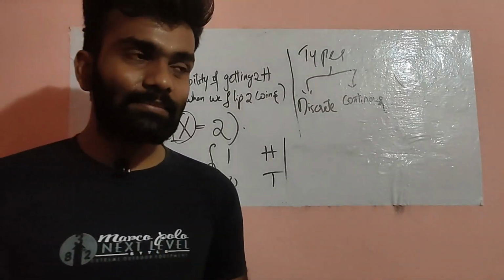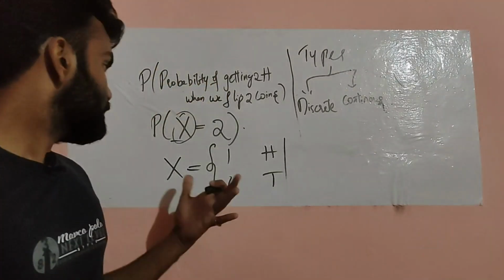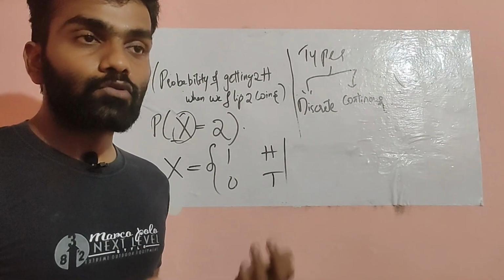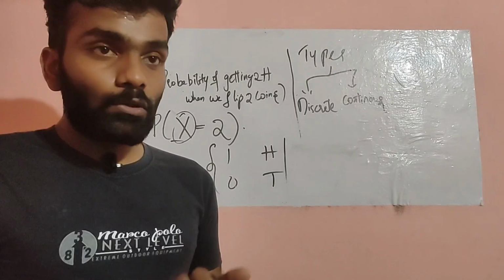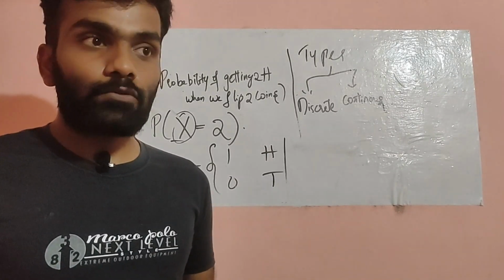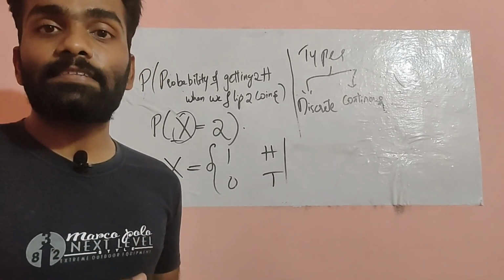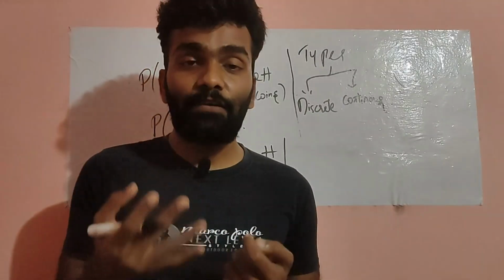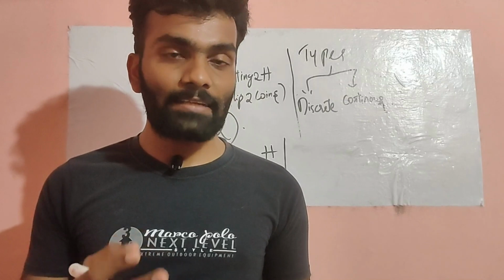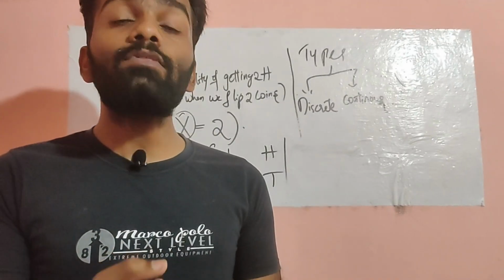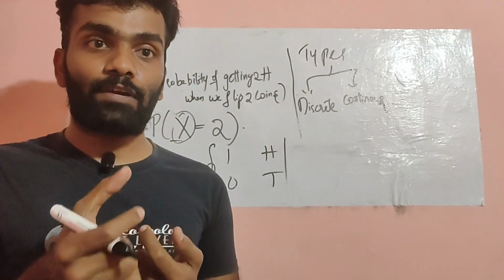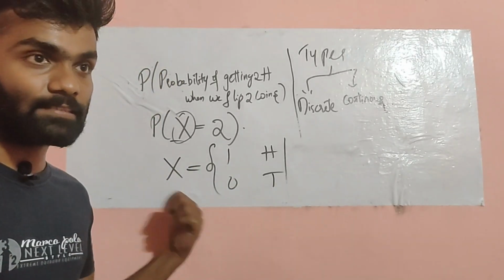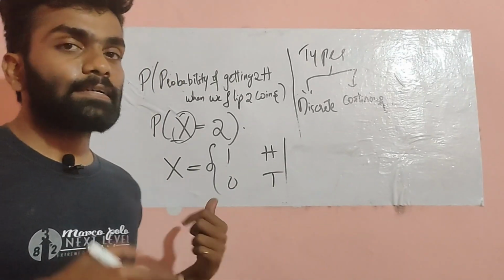So for example, let's take the same example, x, like flipping a coin. We know the possible outcomes: it is either heads or tails. We are able to count that, so there are these two possible outcomes. We are just representing that event in the form of this random variable x. So this is a discrete random variable.